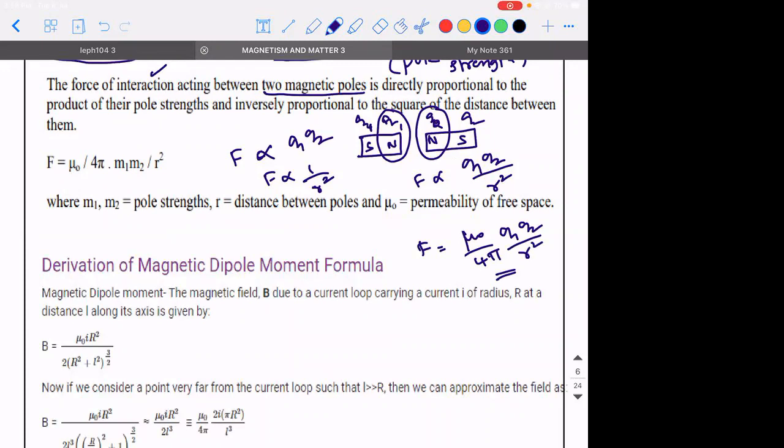Okay. So have this formula in your mind. Based on this, there is an important derivation that we are going to do, which we will see in the next class. And just to give you a brief introduction, this chapter is exactly similar to electrostatics. So whatever result you get there, here you replace with the magnetic parameters, you will get the required answer. So it is that simple. We can complete it in a maximum of 4 classes. That's it.